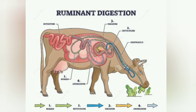There is one extra piece of information I would like to provide. Just as we have in the human digestive system the villi, which help in the absorption of nutrients and pass the nutrients from the bloodstream to other parts of the body, the same way